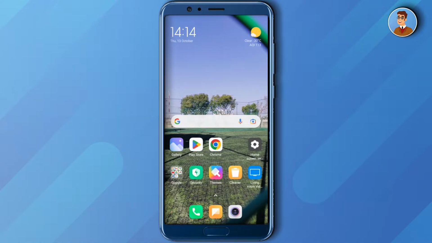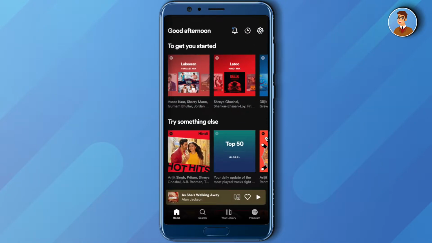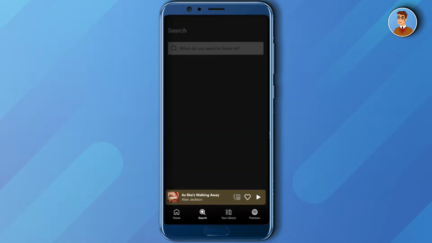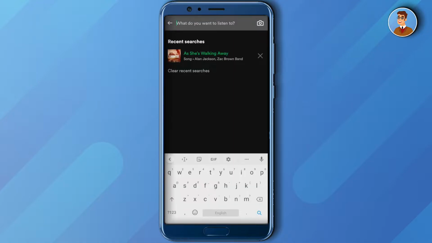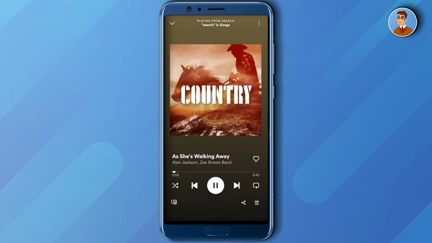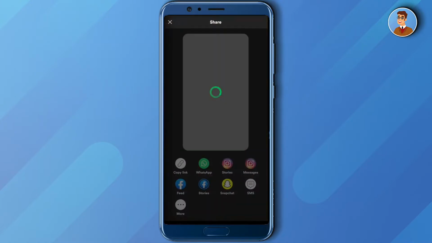Today we will see how we can share songs from Spotify to our Snapchat. So for that, go to Spotify and here search for the song of your choice and open up that song. And here on the bottom right corner, you will see this option of share. Just click on it,